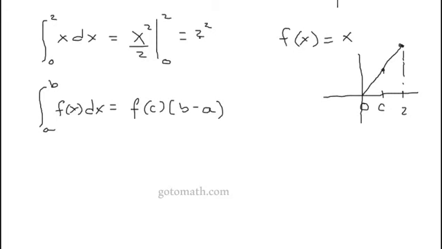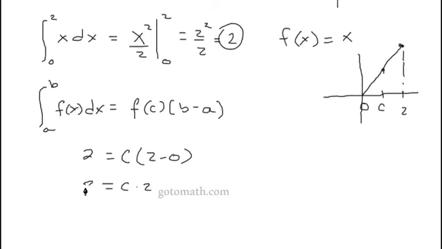So this is 2 squared over 2, which becomes 2. Okay, and so 2 is equal to, now we're going to plug c into our function, and that just becomes c times b minus a, which is 2 minus 0, and c equals